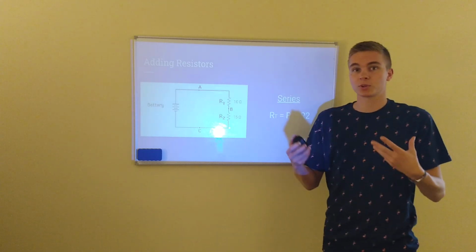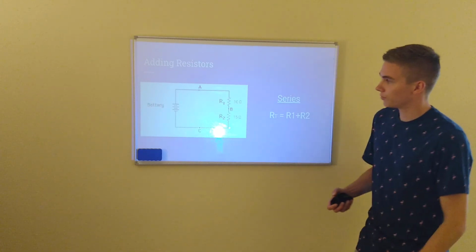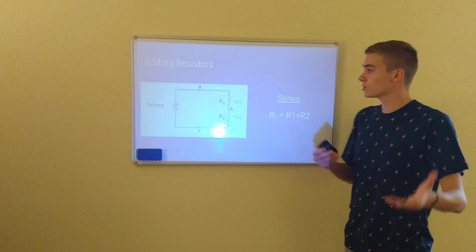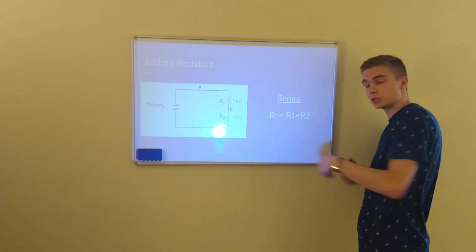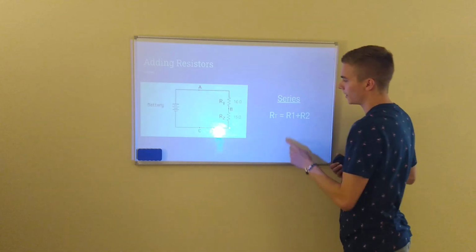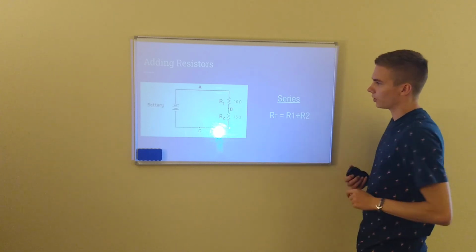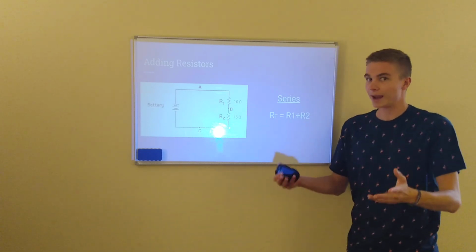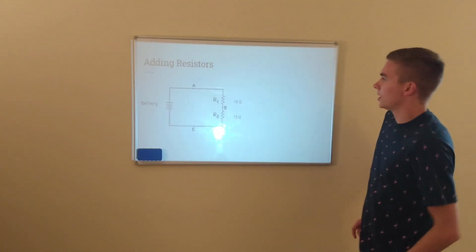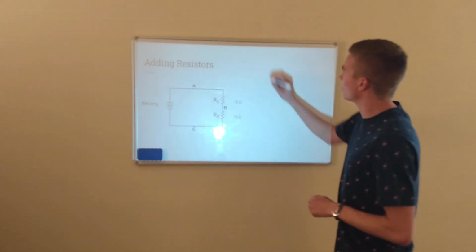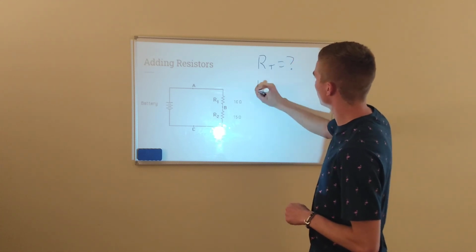Now, when we add up the resistors, we want to add up both of these resistors to find what's the total resistance in this circuit. It's really simple. Our RT, the total resistance in this circuit, is equal to the value of R1 plus the value of R2. We're just adding them up. That's simple. So we can go through this example and see how we would solve this. If I'm looking for RT, my total resistance,